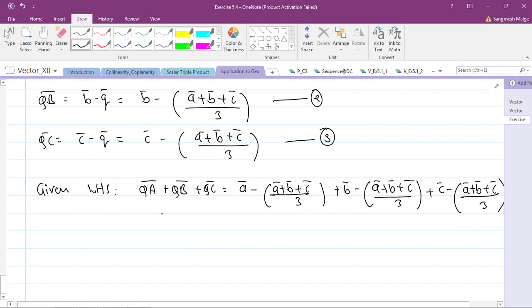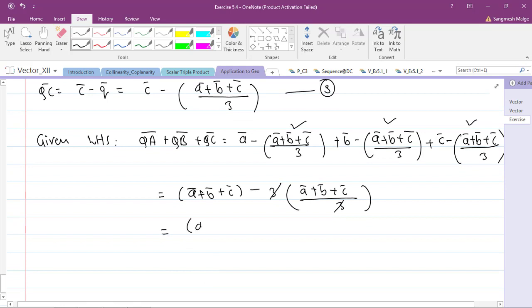Next you add the ABCs. So we have A bar plus B bar plus C bar minus 1, 2 and 3, 3 into A bar plus B bar plus C bar by 3. So 3 3 gets cancelled, which is equals to, what you get finally is A bar plus B bar plus C bar minus A bar plus B bar plus C bar. So the same quantity subtraction, so we'll definitely erase these two. This is equals to 0 and this is my RHS. Is this okay? That's great.